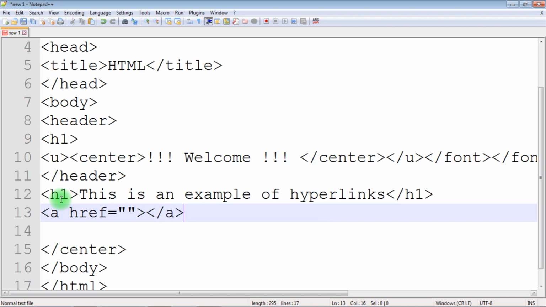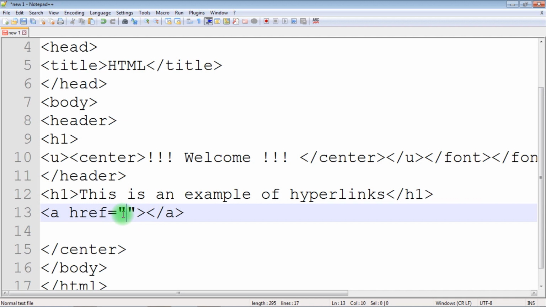In a hyperlink, A stands for anchor and href stands for hypertext reference, and it will have a value. The value is the resource to which the user is taken when the user